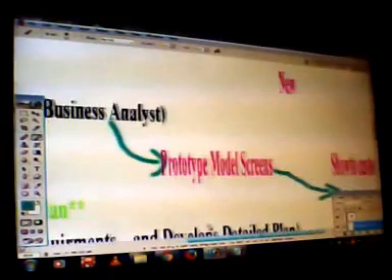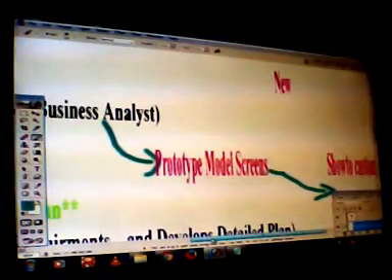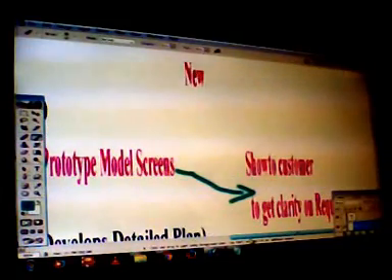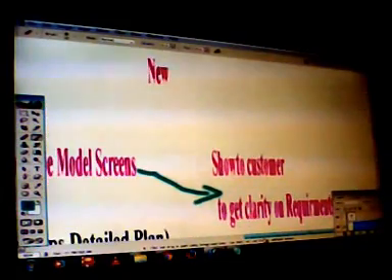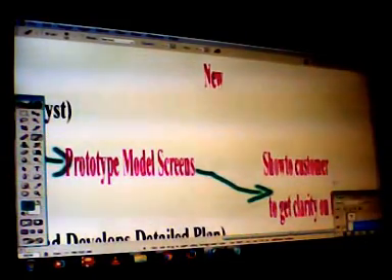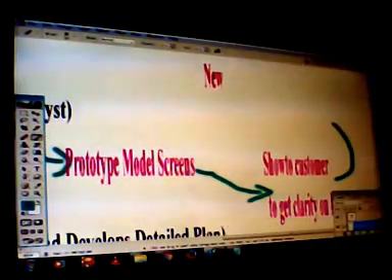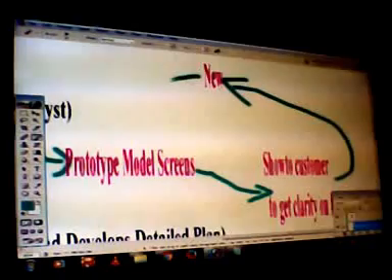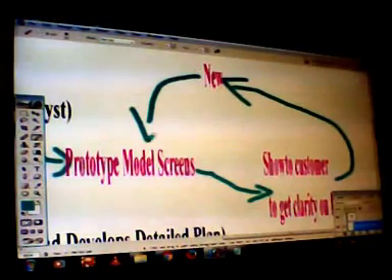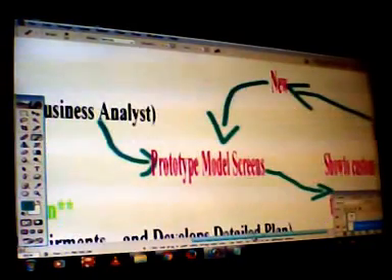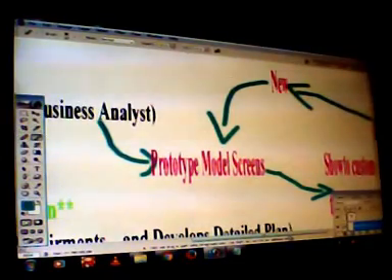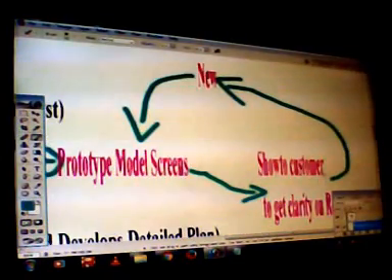Even after getting this, if the customer is not clear, then the business analyst is going to develop some more model screens until the customer is satisfied and gets clarity. After successful completion of this, if the customer has a few more requirements, the business analyst again develops some more model screens.